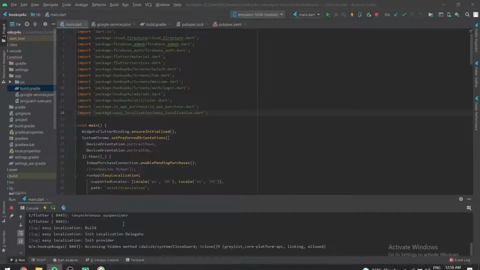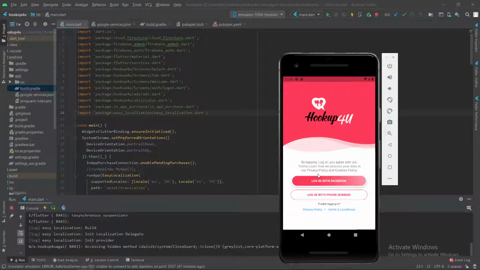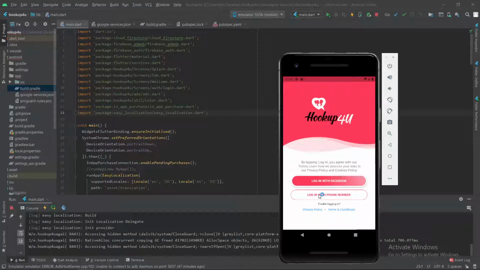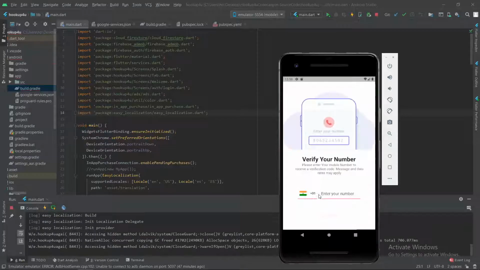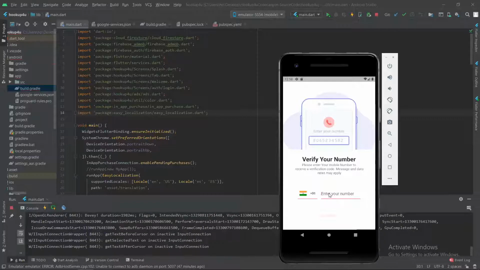Now get back to Android Studio and I will use my emulator here. Just tap on login with phone number. Here I will use my dummy data, the number which I have given.